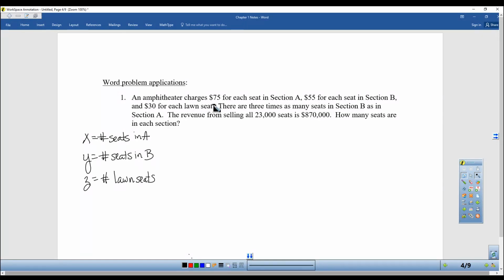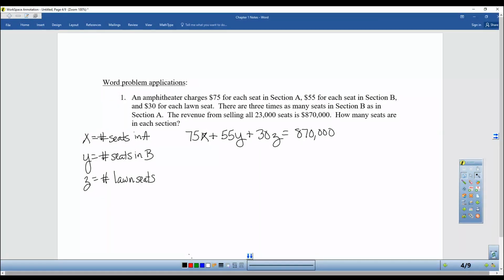So you know how much they charge, which means if you take all the seats in X and you multiply it by 75, that'll give you how much money you made for all the seats in X. If you add that to how much money you make for all the seats in section B, and you add that to how much money you make for all the seats in the lawn area, which we're calling number of seats Z, then the total amount of money they make is